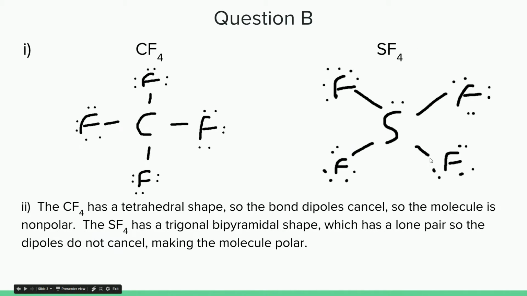And question B asks us to draw the complete Lewis electron dot structures for CF4 and SF4. So the total number of valence electrons in CF4 is 32. And if you count the electrons on this, 2, 4, 6, 8, 10, 12, 14, 16, 18, 20, 22, 24, 26, 28, 30, 32, they equal. And C cannot break the octet rule,